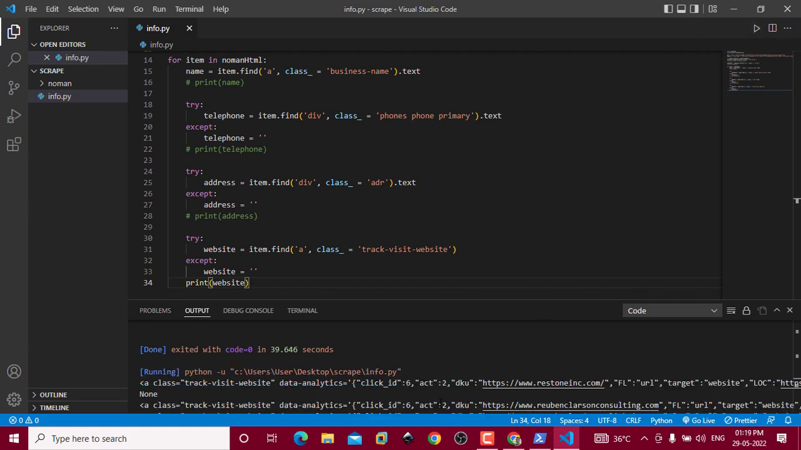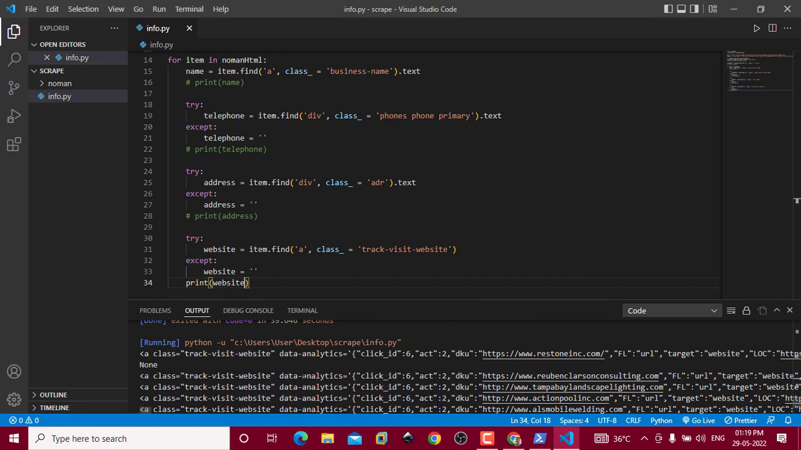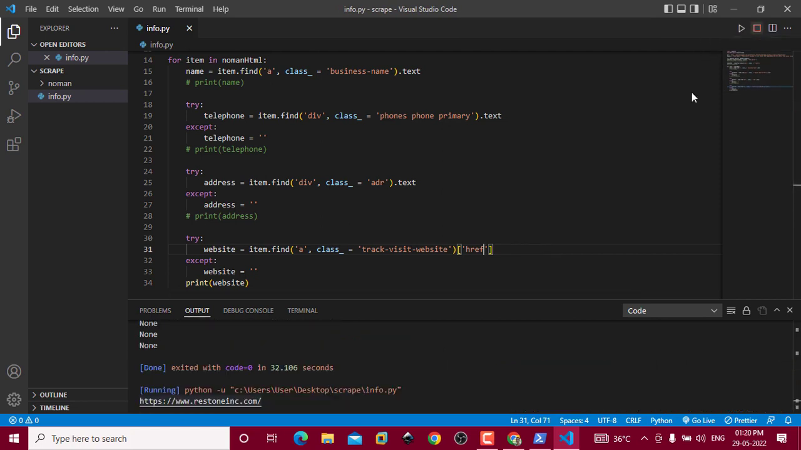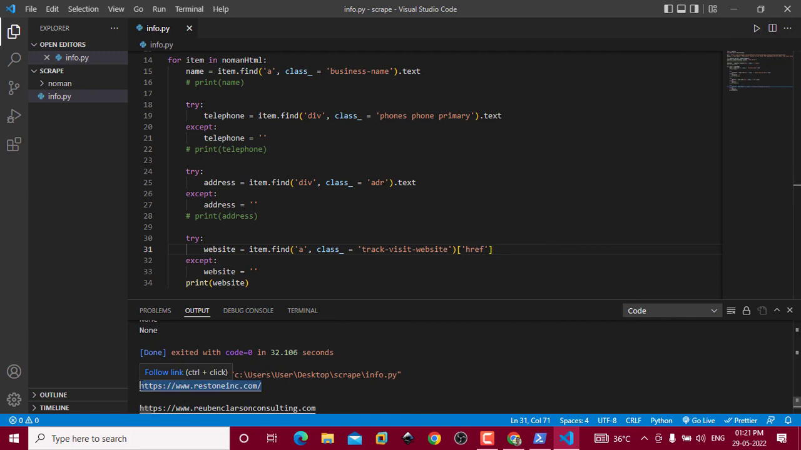You can see this displays similar type of HTML. Now I'm going to print only this website address. You can do it, just separate this href, save our code, hit run icon to run our code. You can see this displays only this website address